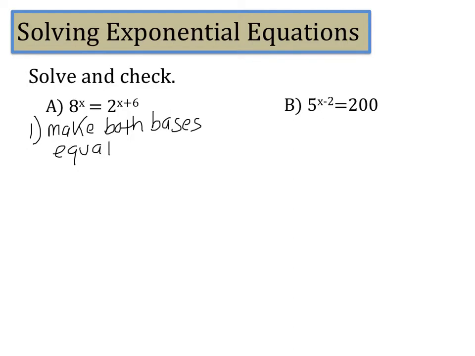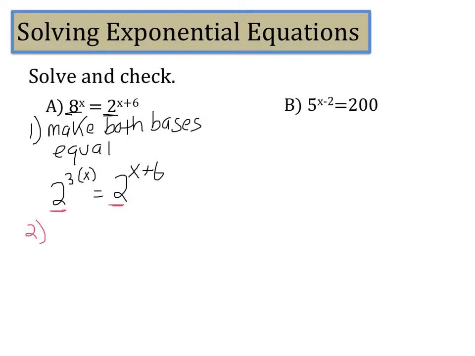So right now the first base is 8 and the second base is 2. Now we want both of these bases to be equal, so it's easier for me to change 8 to 2 than it is to change 2 to 8. So if I make 8 2 to the third and still keep that times x up here, I can say 2 raised to the third times x equals 2 raised to the x plus 6. So now that both of my bases are equal,